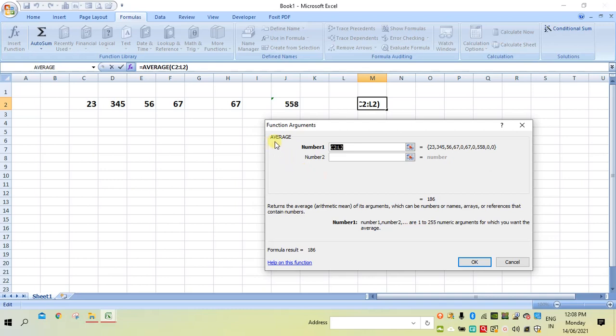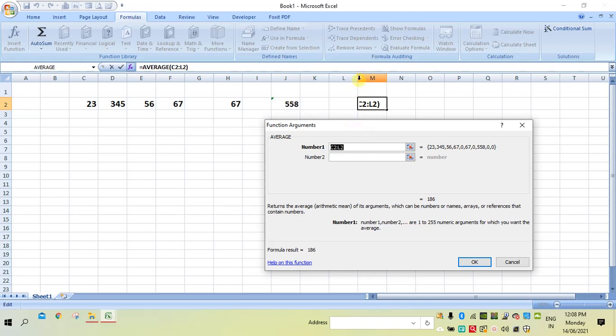Here in number 1 it is automatically specifying the range. See whether the range is correct or not. The range should be C2 to H2, but it is taking C2 to L2.